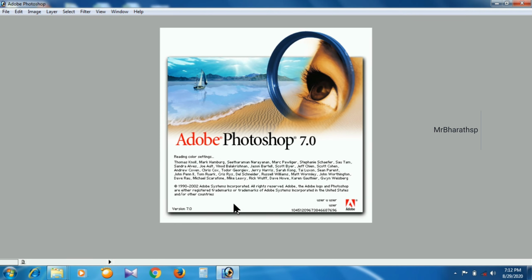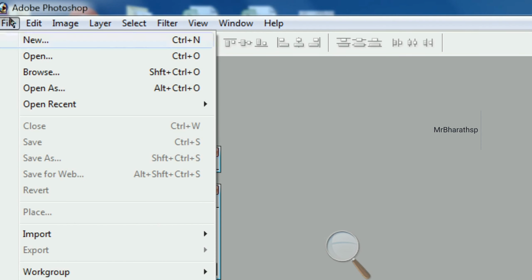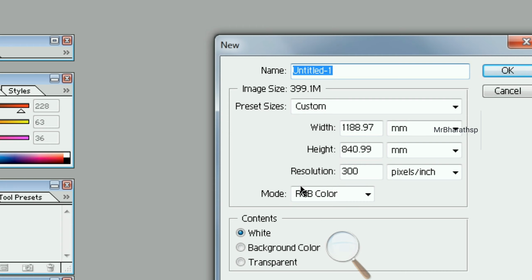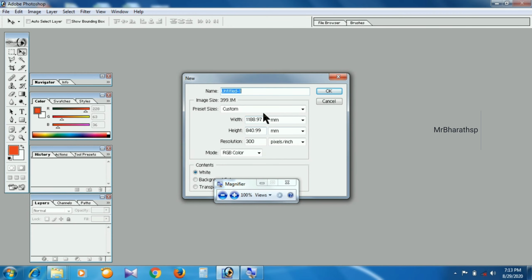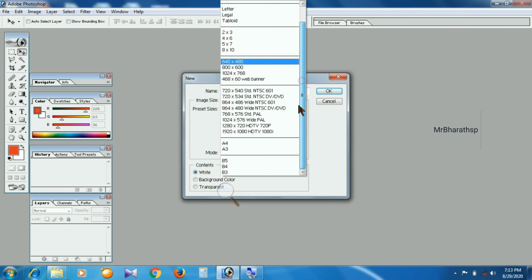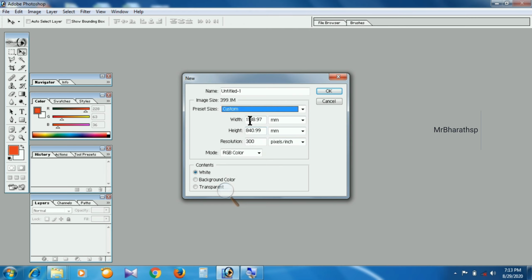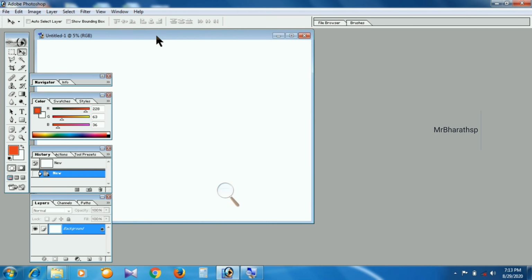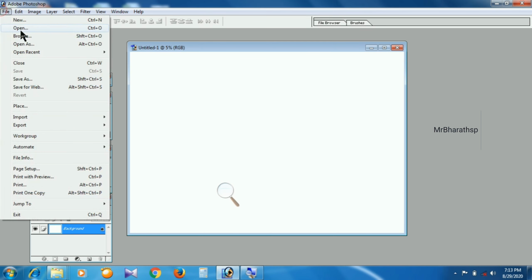Now let us open Adobe Photoshop software which is pre-installed on my system. Now here on the top left corner go to file and click on new. You can see the dialog box has opened up. Here I have set the height and width of the sheet as the dimensions of A0 size. You can also set many other dimensions as you decide, or you can set the custom button so that you can give manually the height and width of the sheet. Now you can see the sheet has opened, it is of A0 size, and you can see the small drop box also over here.